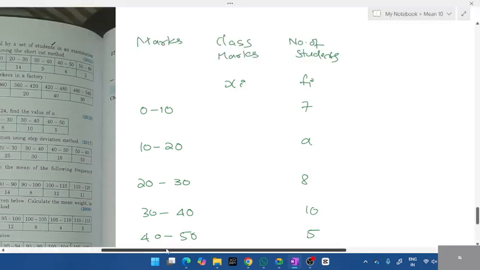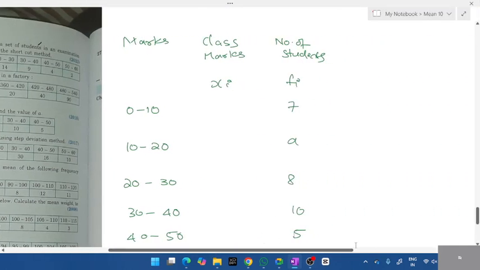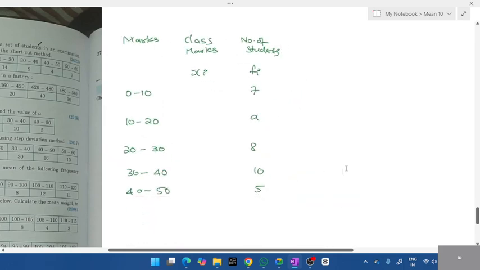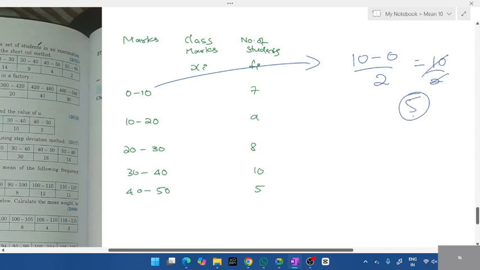Next, this question. 20th question. Look at the 20th question. How do you calculate xi? First, what do you do? 0 and 10. What's the difference between 0 and 10? 10 divided by 2 is 5. So, what will you do with this 5, students? What are you supposed to do? What's the next step? Naomi, Mariana,